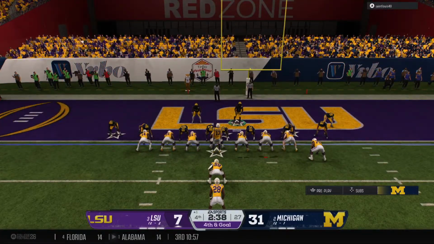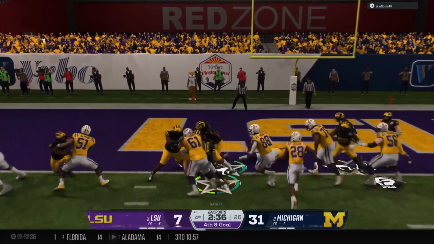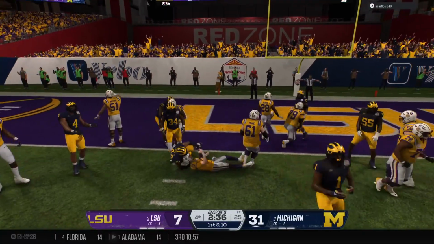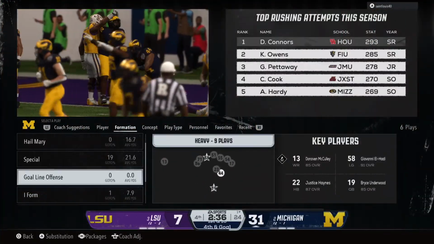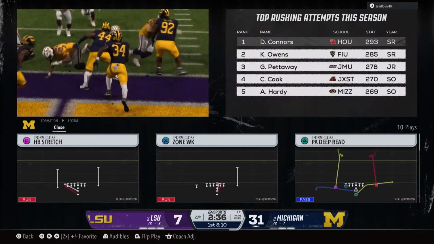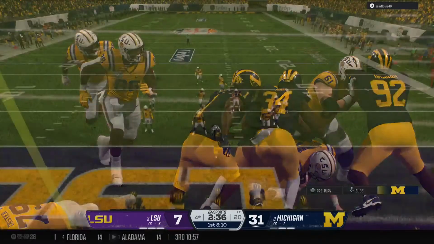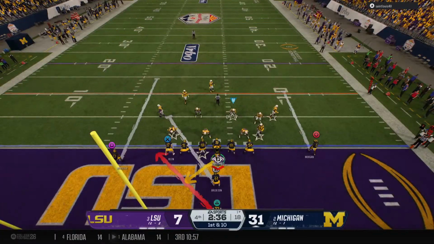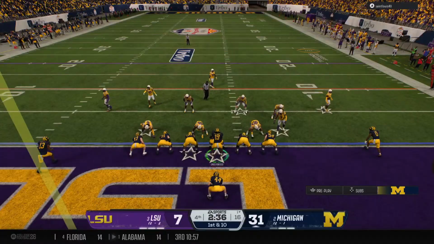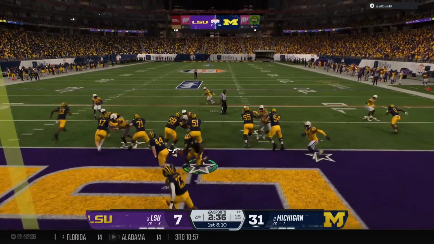A field goal here doesn't help. They're going to go for the 6 on 4th down. No, he didn't get there. Tackled short of the marker. That is a crushing play as they try to cut into this lead. So it's 1st and 10 inside the 5. How does the coaching staff play this?